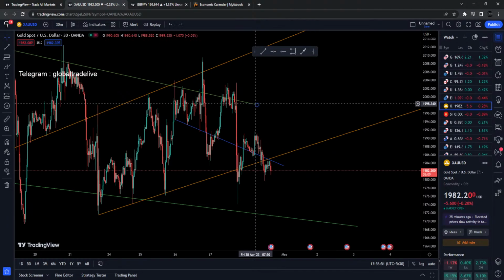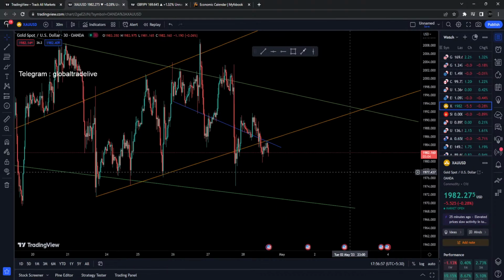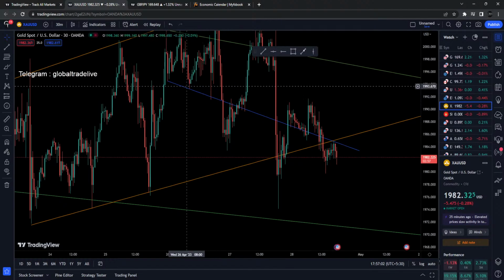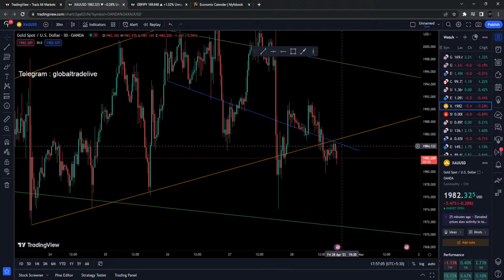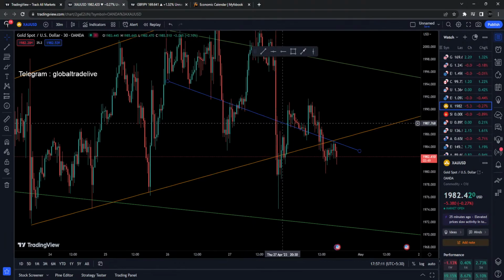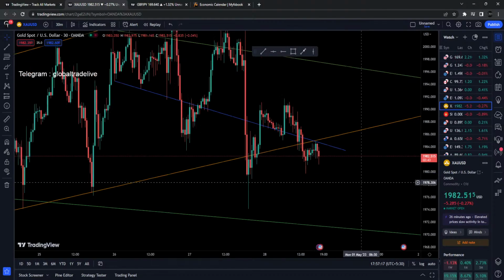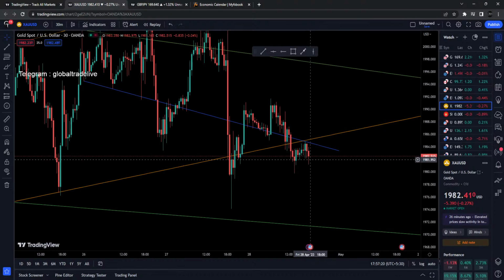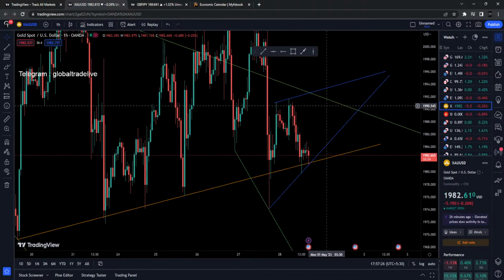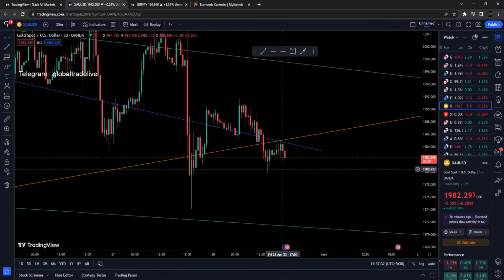Let me just stretch this one over here. And if we look at this blue trend line over here in the 30 minutes, then we can clearly see that the market is again and again respecting over here, over here, over here, over here as well, and now over here as well. So possibly that means that there is a chance that the market might move down from here. But the thing is, if we are looking at the 1 hour, it looks like that it's gonna move up, okay. And if we look at the market in the 30-minute, it looks like that it's gonna move down.